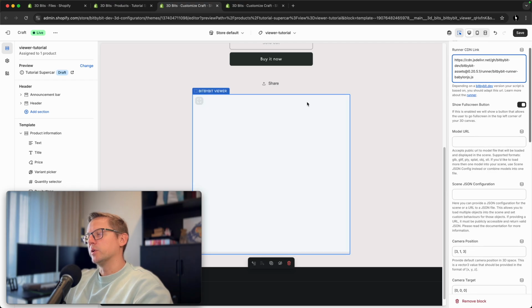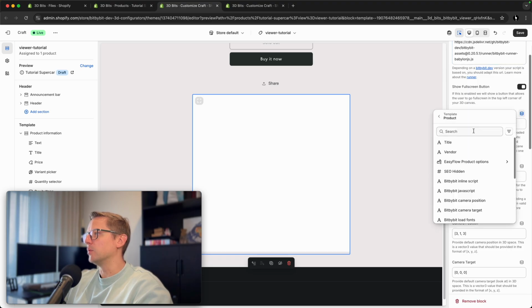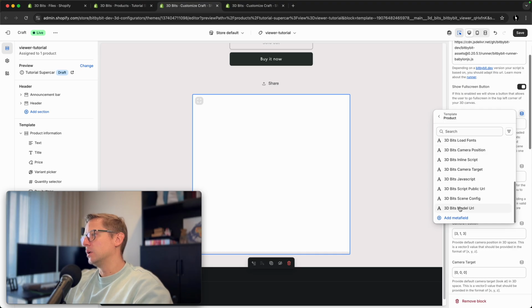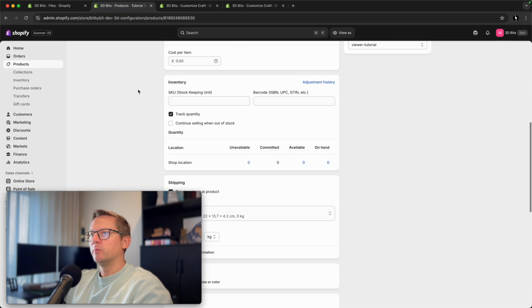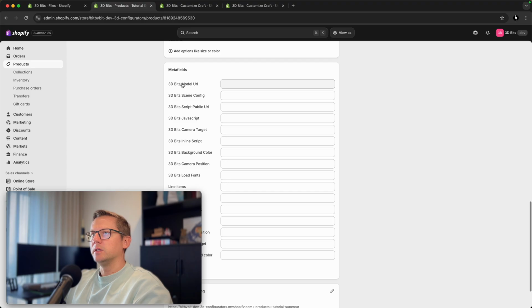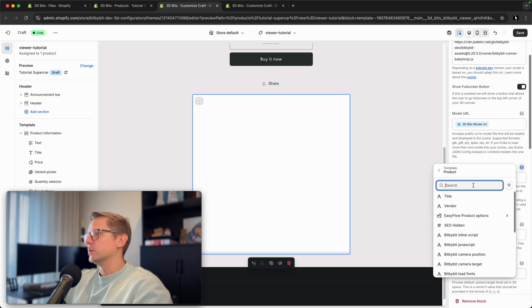The full screen button is this button that we want to show indeed. We won't need model URL now, but we can connect it to dynamic source. And let's go here. Let's link it to 3dbits model URL metafield. So those metafields are quite important. When you install 3dbits, you can create them automatically. And these are all the metafields that are relevant to us. These are product metafields basically that we've created during installation of 3dbits app. But now I will just link them to these settings so that each product would be able to have unique values. So let's continue and say that we want to link Scene JSON configuration, which will be very important for us with 3dbits scene